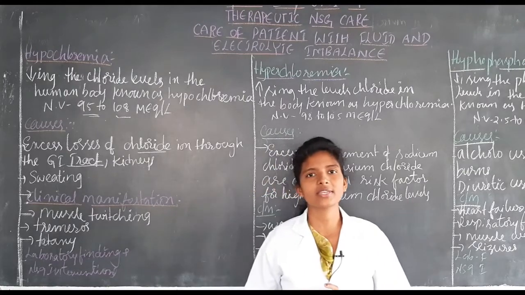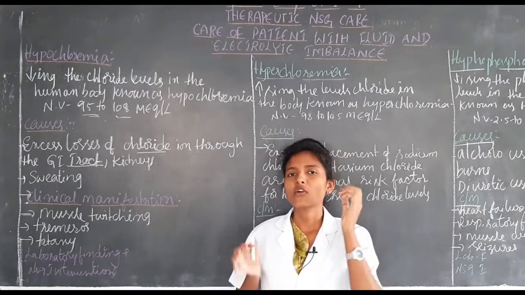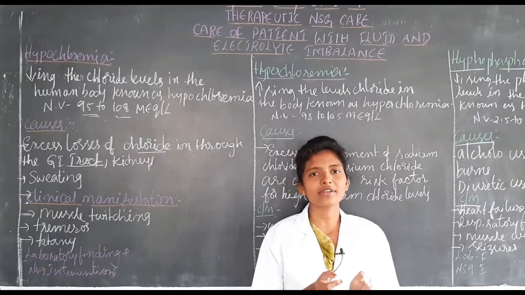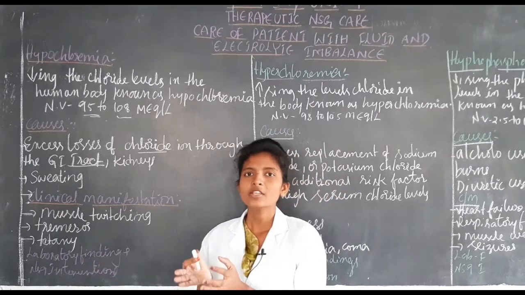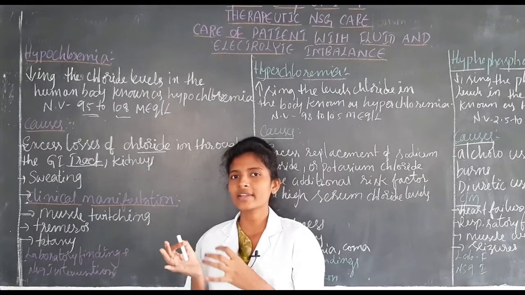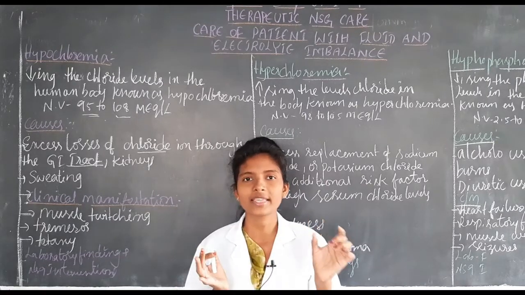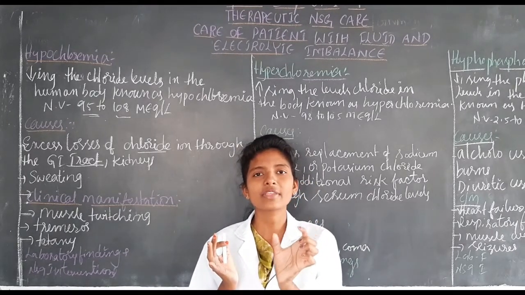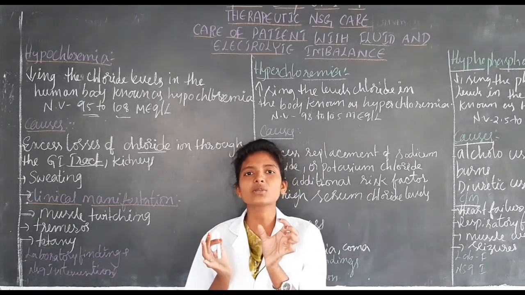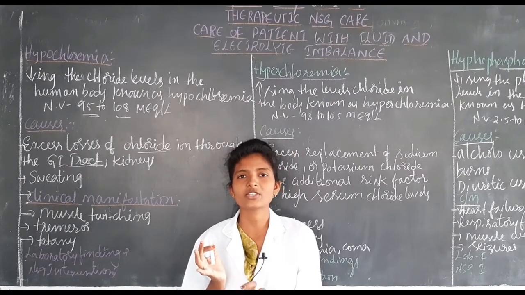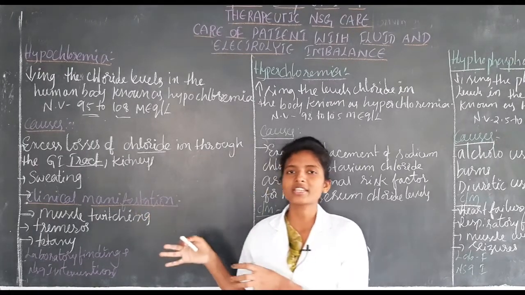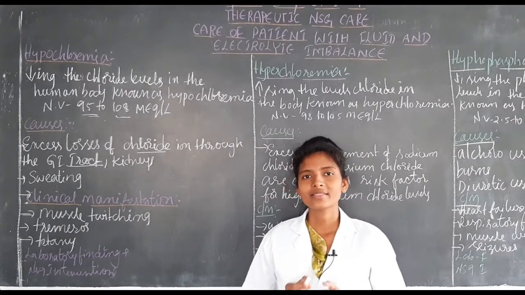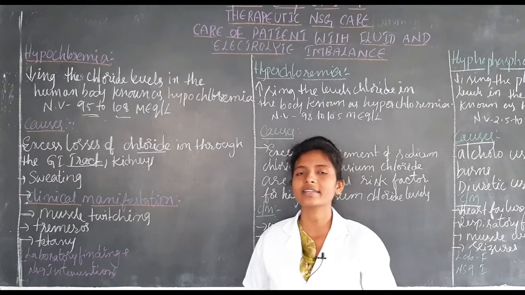They will see this blood investigation. And the next thing is, after seeing the clinical manifestation and the laboratory findings, what is the next step? By name itself we can understand that it is therapeutic nursing care. What is the meaning of therapeutic nursing care? By name itself we can understand that the nurse is going to give care to the patient. So for such a condition, as a nurse, how is she going to treat it? That we will now see in nursing intervention.